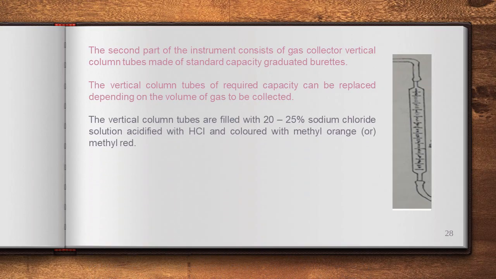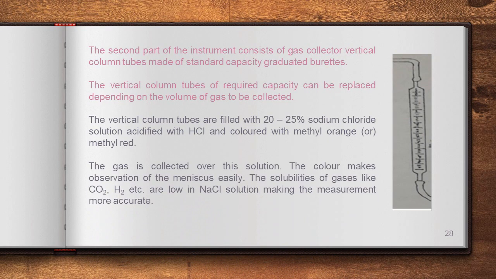The vertical column tubes are filled with a 20 to 25% sodium chloride solution, acidified with hydrochloric acid, and colored with methyl orange or methyl red. The gas is collected over this solution. The color makes observation of the meniscus easy. The solubility of gases like carbon dioxide, hydrogen, etc. is low in sodium chloride solution, making the